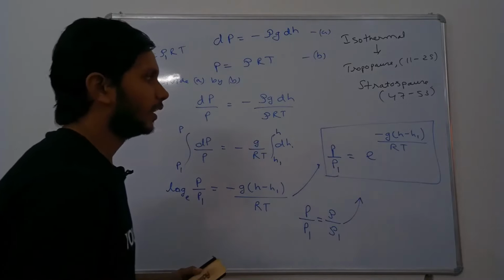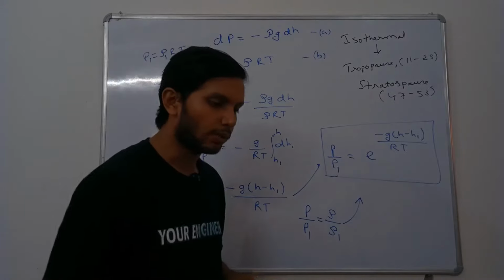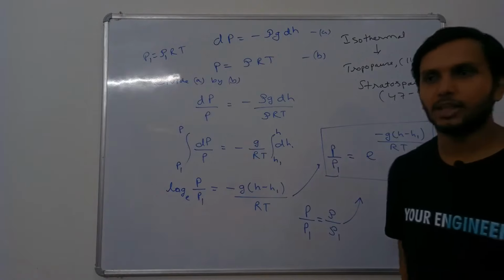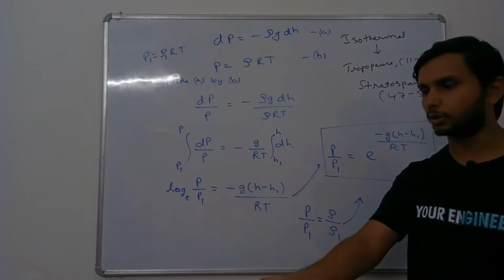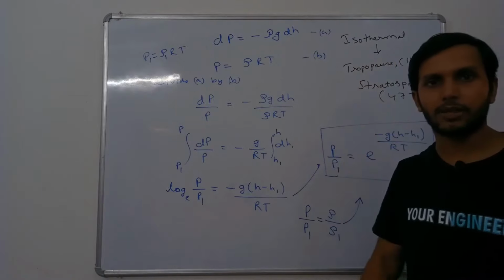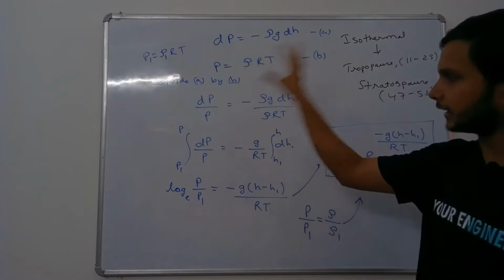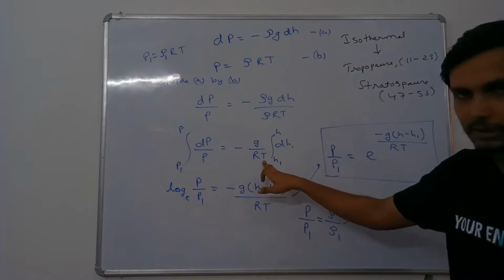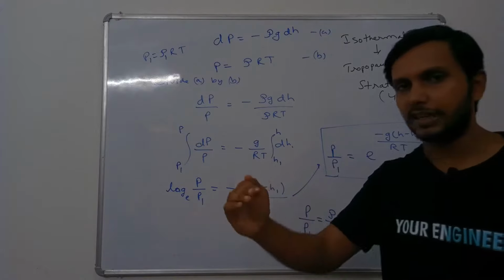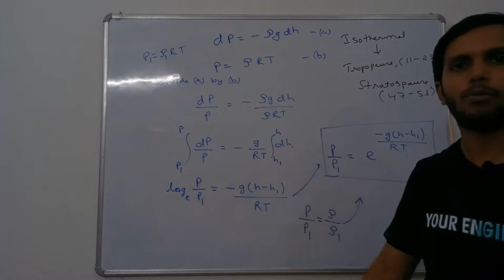Got it? Okay. So next we are going to see how we calculate the change in temperature, change in pressure, change in density in gradient layer. In the next lecture, you can click here to get the link, where we are going to see how the temperature and everything changes in gradient layer. You remember that at that time this T will be variable, not constant. So we must have a relation for how temperature changes with altitude. I already told you that it's a straight line. So we will see how we calculate it.